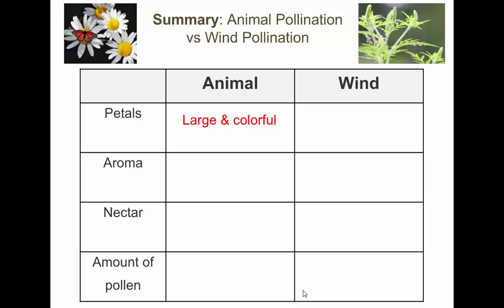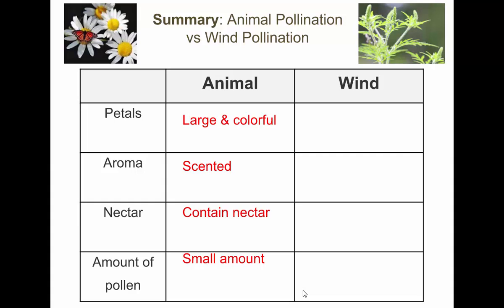I was about to say, it smells good. Smells good, usually a scented aroma. Do they contain nectar? Yeah, because they're trying to attract animals. Do they need a lot of pollen or a little pollen? A little, compared to the wind